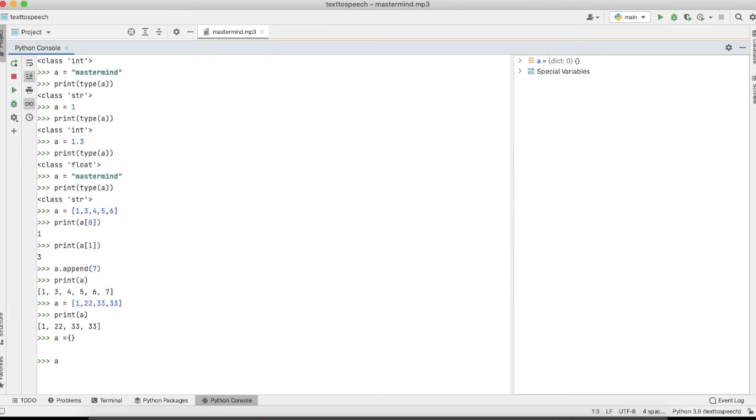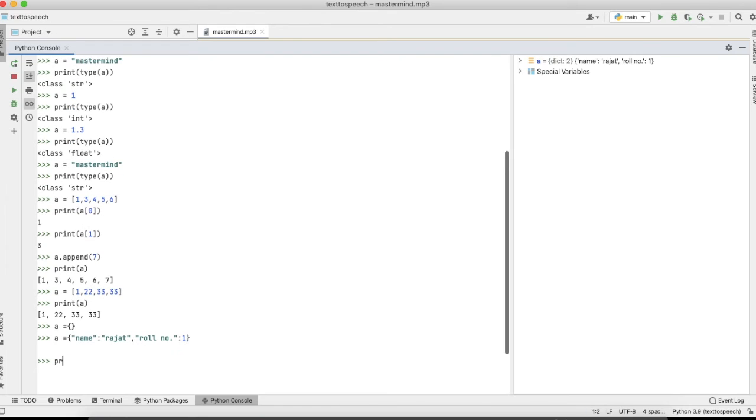So here I am taking name equal to Rajat, and next we are taking roll number and taking it as 1. So here you can see I have created one dictionary which has key values. One key is name which has a value Rajat, and another key is roll which has a value 1.